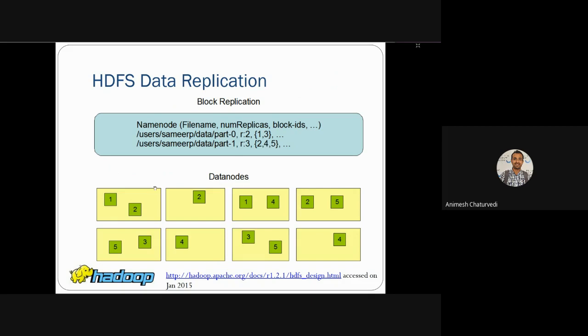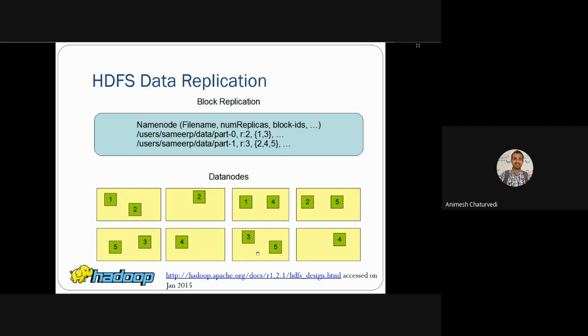So I hope this is clear: these are data nodes, various blocks are there, and 1 is replicated at two places. 3 is also replicated at two different places. 2 is replicated at three different places, 4 at three different places, and 5 at three different places.